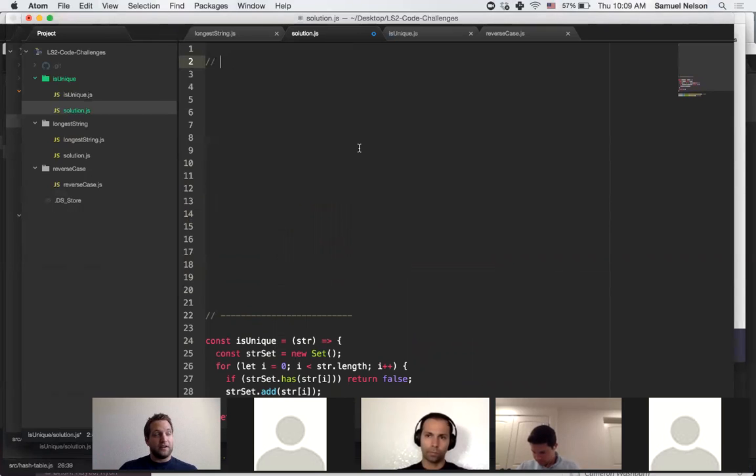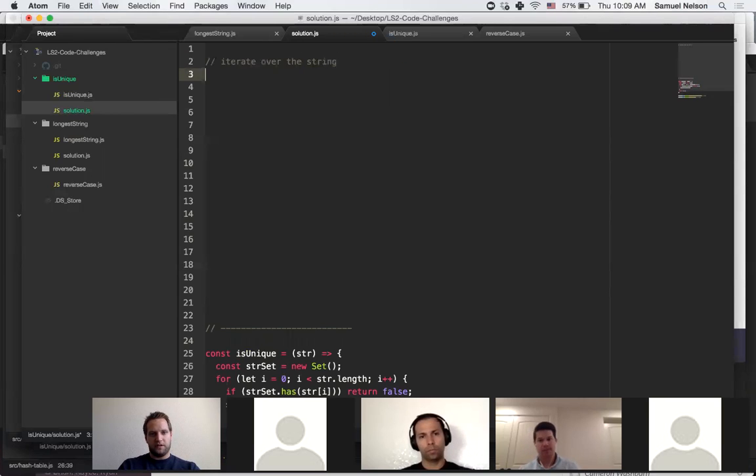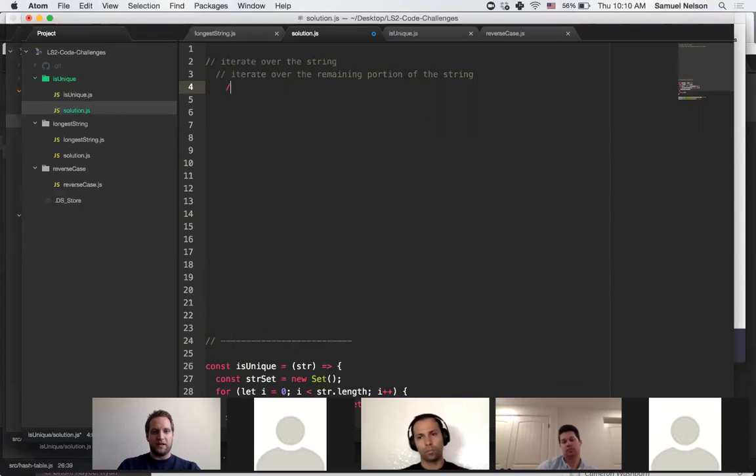So, all right, the first solution that I could think of is, we'll iterate over the string. Iterate just means looping, like a for loop. So we're iterating over the string, and then we need to iterate over the remaining portion of the string. So we're going to do a nested for loop, and then in here we're going to say